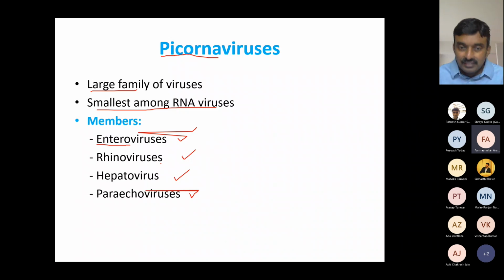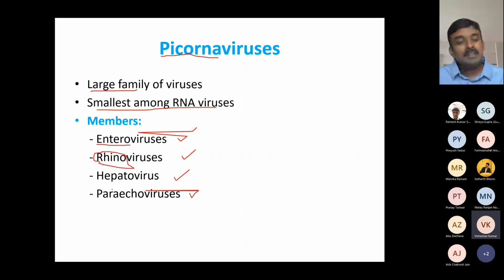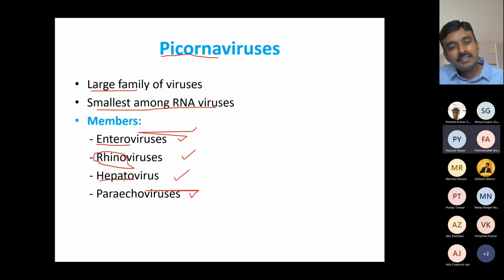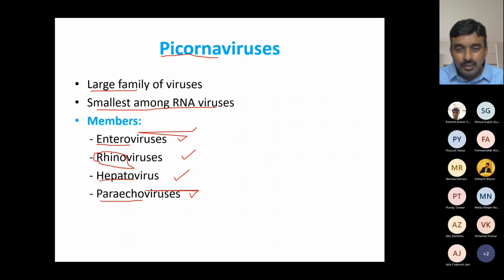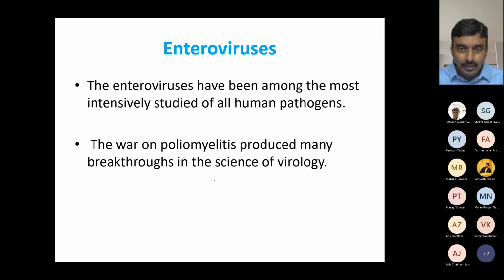That infect our intestine. That's correct. They have something to do with the gastrointestinal tract, which means entero, right? What do you think rhinoviruses do? The nasal cavity. That's right, nose. Rhino means nose. Hepatoviruses, liver. They affect the liver. I'll tell you what echo or para-echo stands for in a bit, but you can decipher what these cause just by their names.